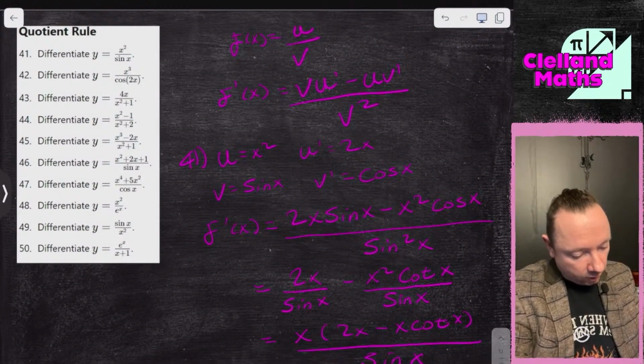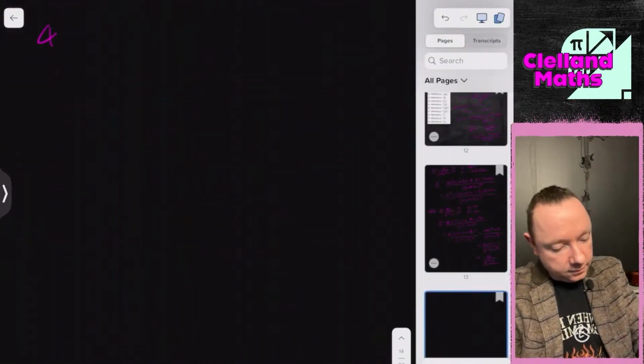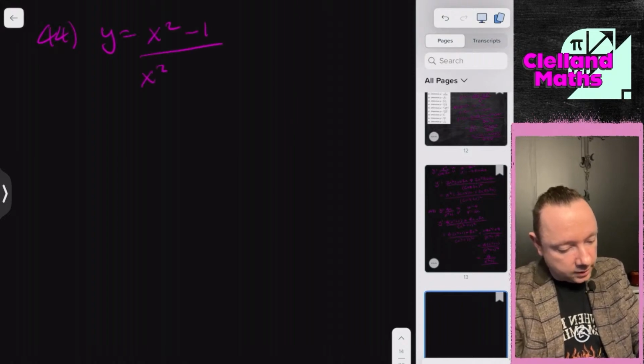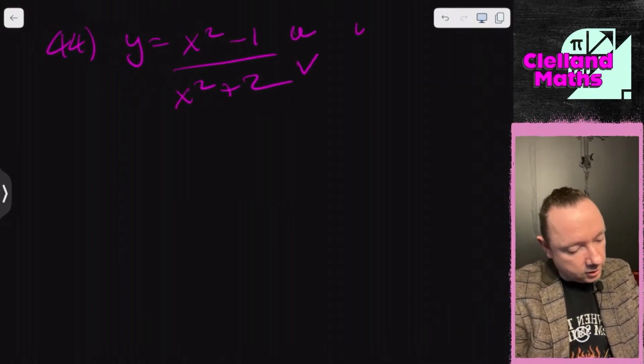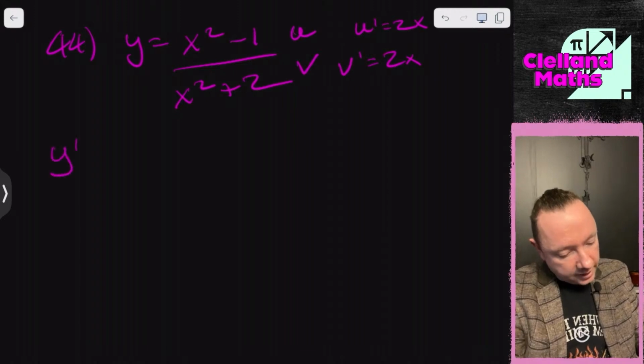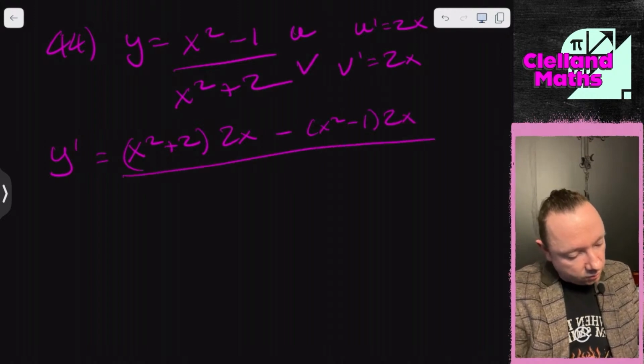Okay, number 44. X squared minus 1 over x squared plus 2. Y equals x squared minus 1 over x squared plus 2. U and v. U dash is 2x. V dash is also, that's an x by the way, 2x. So y dash is v times u dash minus u times v dash over v